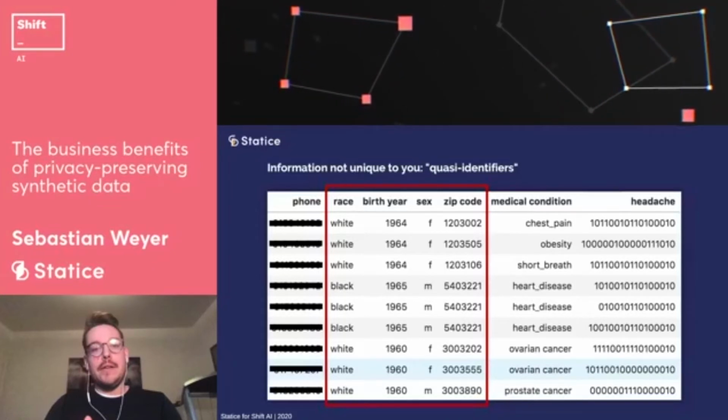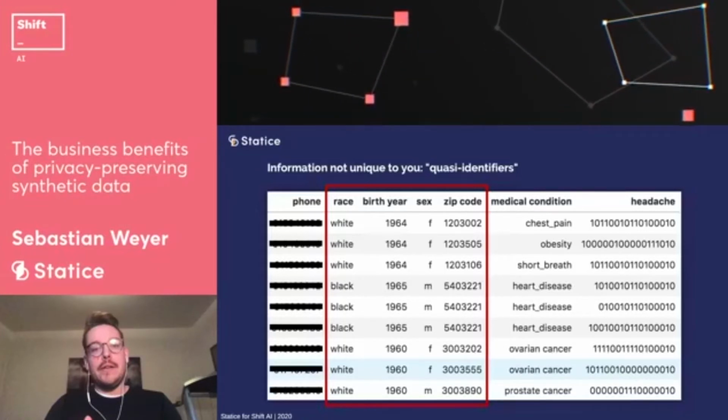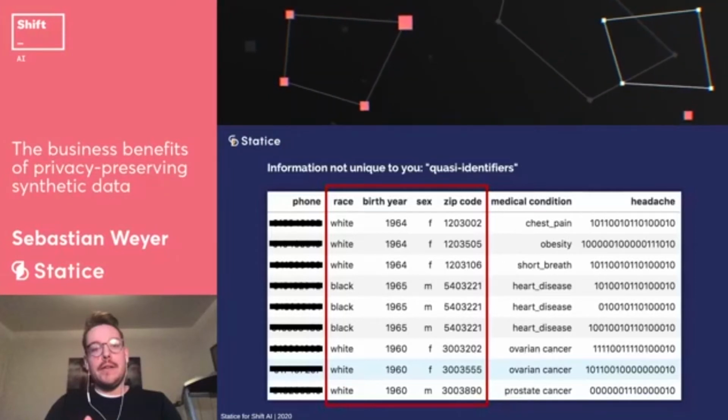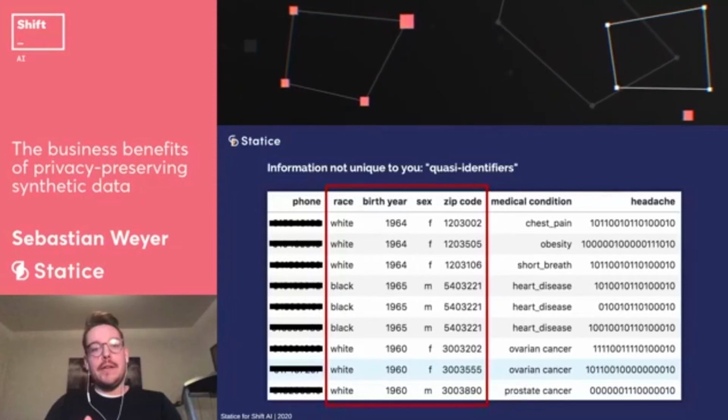there are certain methods that are quite known to aggregate data sets in order to also obfuscate so-called quasi-identifiers, so indirect attributes such as seen here in race, birth date, sex, or zip code, to link back to actual individual people. Reason being that even with these quasi-identifiers, it's quite easy by just having a certain combination of information